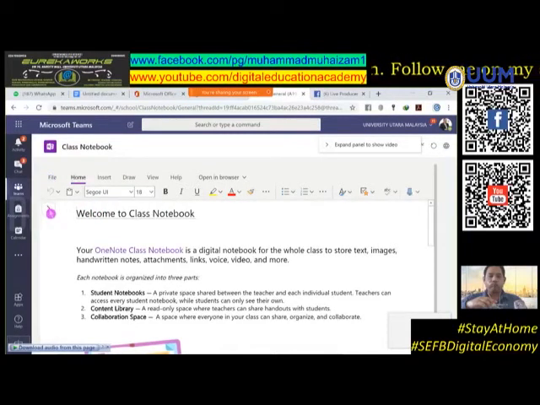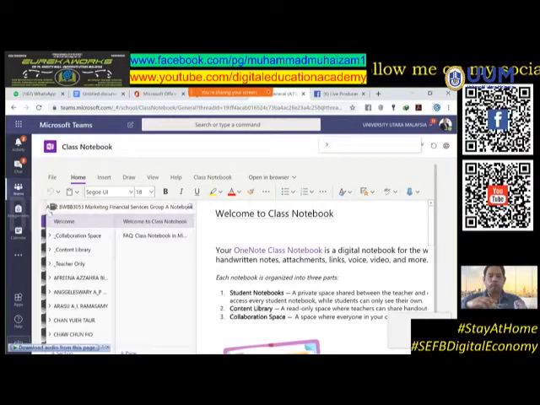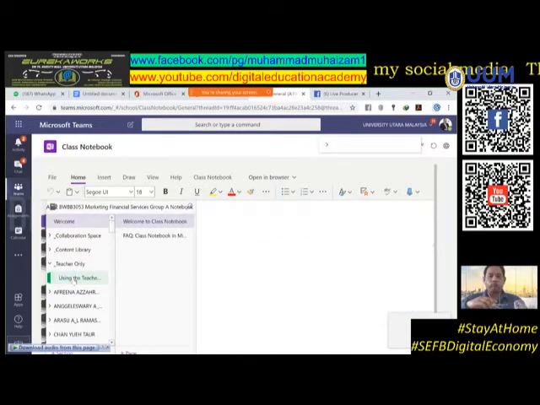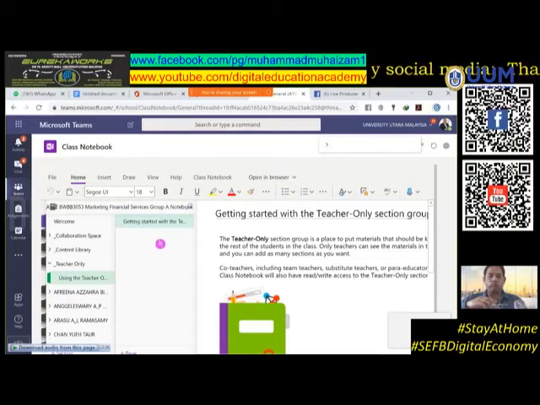So you open this arrow panel to open the navigation panel. And here, there you go. You will see the teacher only section. Now here, you can start to click underneath the teacher only section. You click here, all right? And what you can do, you can add the page by adding this page button. Click the plus sign, the beneath one,